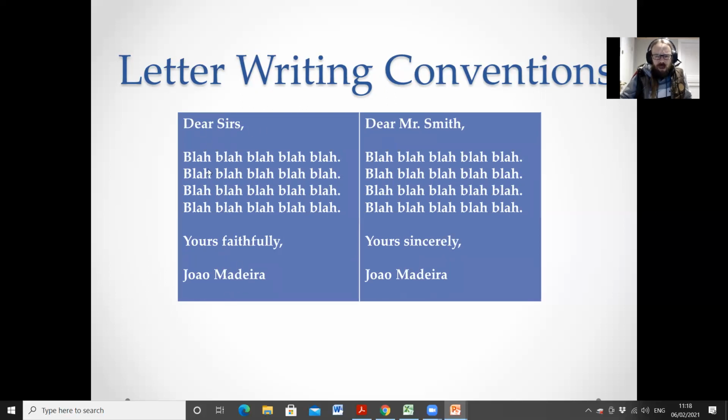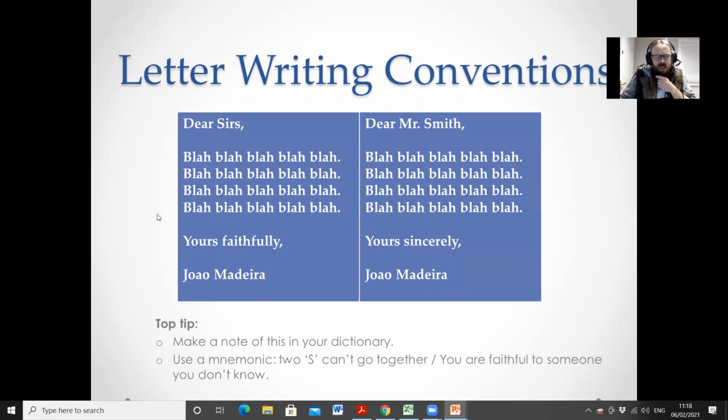this rule, and there are a couple of mnemonics that people use. One of them is that two s's don't go together. So if you've got sincerely here, you can't have a sir. It has to be a Mr. or Ms. something. This is not a great example because the actual name starts with Smith, but that's ignoring, as long as you remember that the rule relates to sir